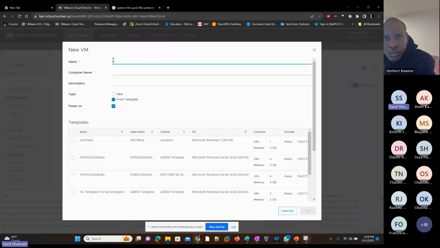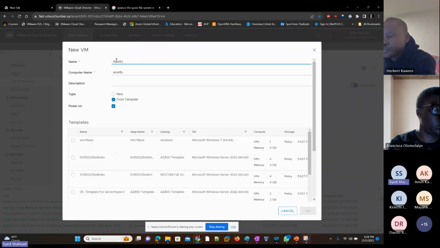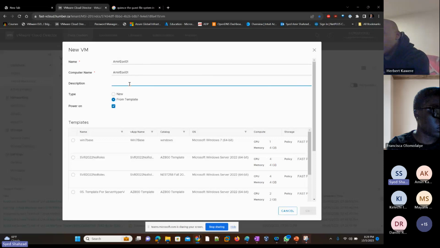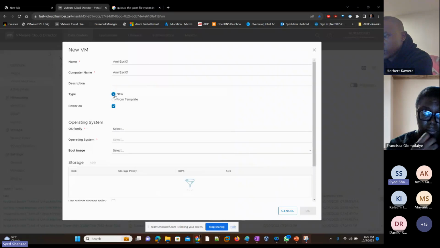So yeah, here what we're gonna do is we're gonna name this. Your first name ESXi01. Your first name ESXi01, right? So the spellings, if they are a bit small, I just put it there as well. But it's gonna be your first name. I put it in the chat as well. So your first name ESXi01. Once you have put this name, then we go ahead and click new,